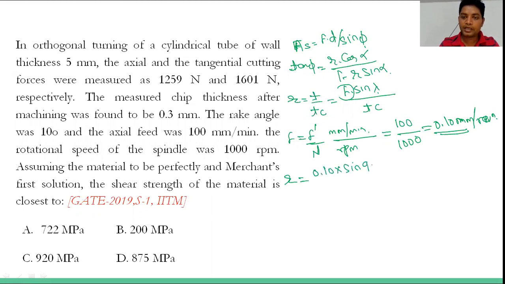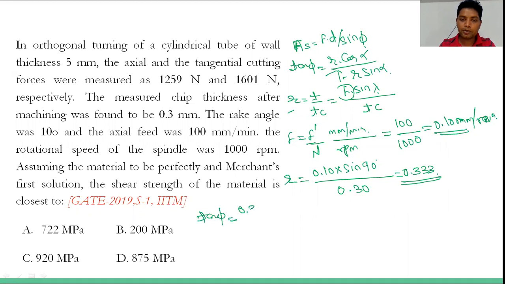Now this r will be equals to, that is feed, that is 0.10 into sin lambda। Sin lambda, if nothing is given, then 90 degree, upon tc, tc is 0.30, so when you will calculate it, it will be 0.333। Okay, because 1 by 3 रहेगा, so that will be 0.333। Okay, now we are putting this value of r into this formula। So this is tan phi will be equals to r, that is 0.333 into cos of alpha, alpha is how much, 10 degree। Okay, upon 1 minus 0.333 into sin 10 degree।